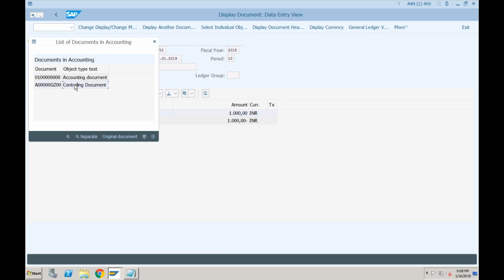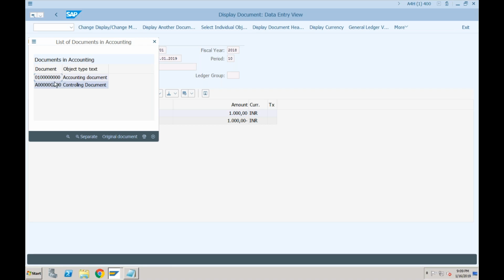Now in SAP ECC, whenever you create an accounting document, and if it is also creating a controlling document, the document number must be a proper number, like this one. This is a proper number, right? 1, followed by 9 times or 8 times 0. But this is a dummy number. The controlling number, if you see, is a statistical number. Dummy number. Why is it a dummy number?